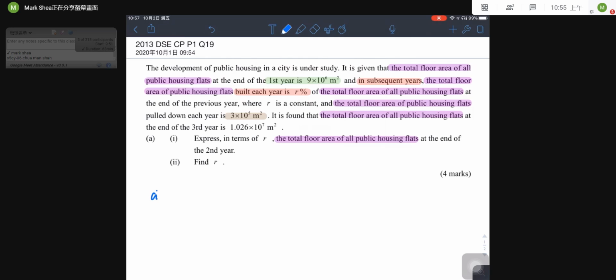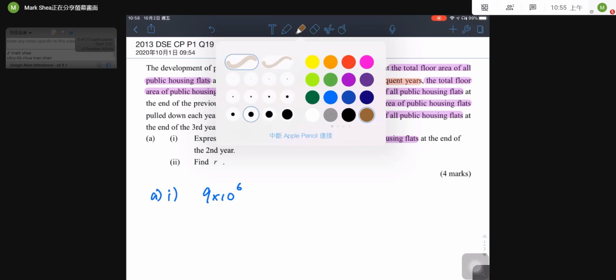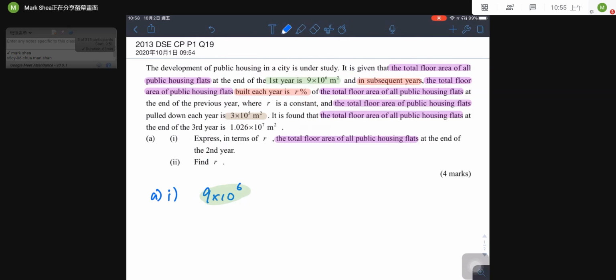Now for A1, how can we find out the area at the end of the second year? Then we have 9 times 10 to the power 6. This is the area at the end of the first year, and we need to multiply this by 1 plus R%. This is the area built in the second year. R% is the area built, and we need to plus 1 because we also need to include the previous year. And then don't forget, we need to pull down 3 times 10 to the power 5 meter